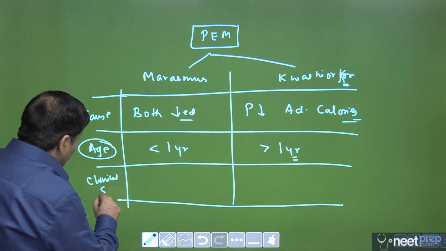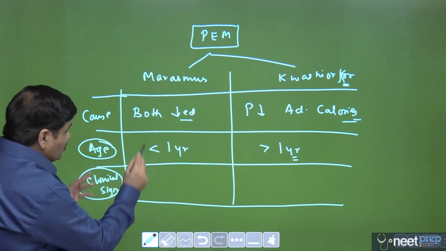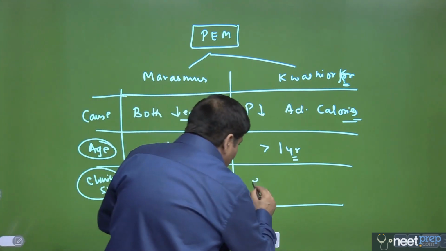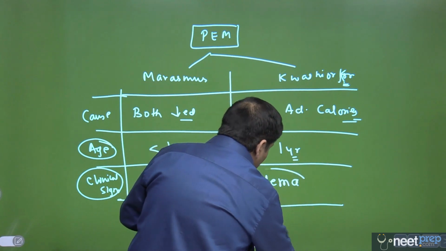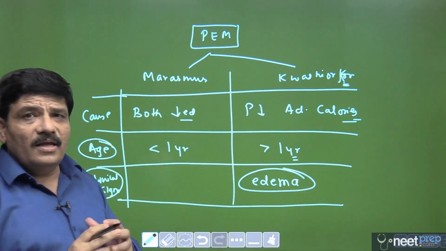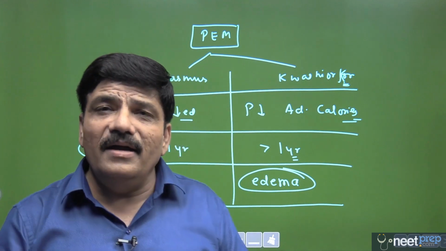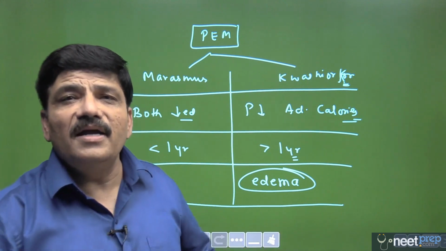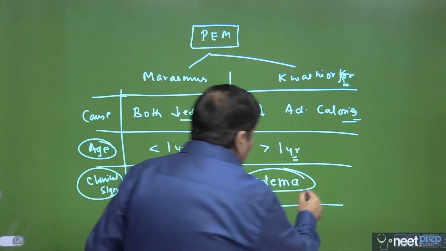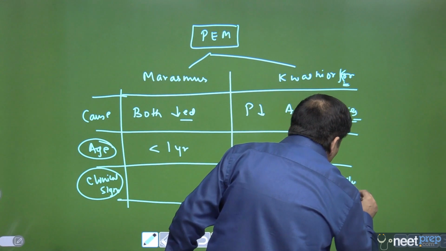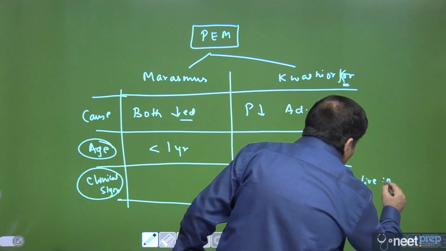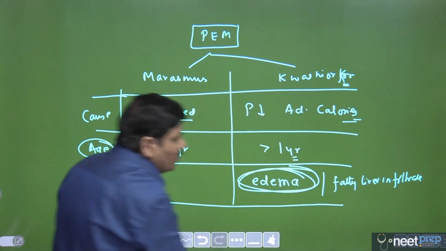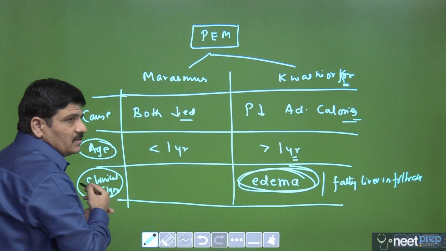And the third thing they would ask you about some clinical signs and symptoms. So this is where please try to remember that they are going to ask you something peculiar about marasmus and something peculiar about kwashiorkor, and this is where I think the question can be framed. It has edema. So there is a pitting edema and a significant edema in the lower limb. There can be a distended abdomen as well, and obviously there can be fatty infiltrate of liver. So fatty liver infiltrates. But please remember edema. Please remember edema. And edema is not a characteristic feature of marasmus.